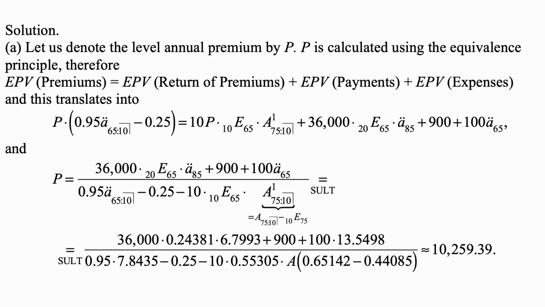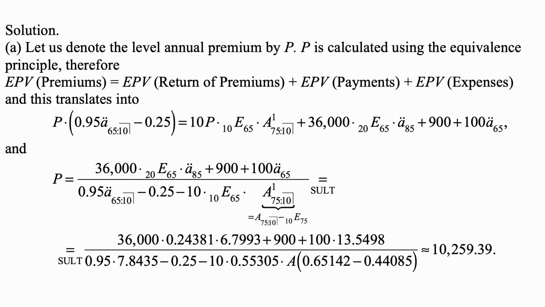And here's the solution. Part A, or question A. Let us denote the level annual premium by P. P is calculated using the equivalence principle. Therefore, the expected present value of the premiums is equal to the expected present value of return of premiums plus expected present value of benefit payments of various types, plus expected present value of expenses. And that means that P times 0.95 ä_{65:10} minus 0.25, that's the expected present value of premiums after expenses, is equal to 10P times 10E65 times A^1_{75:10}, which is just the return of premiums